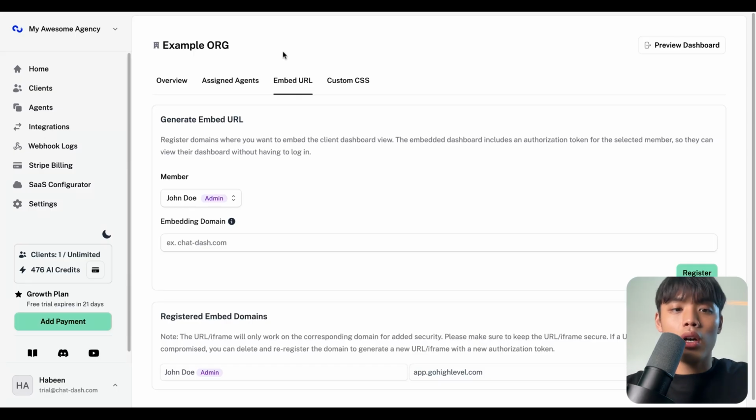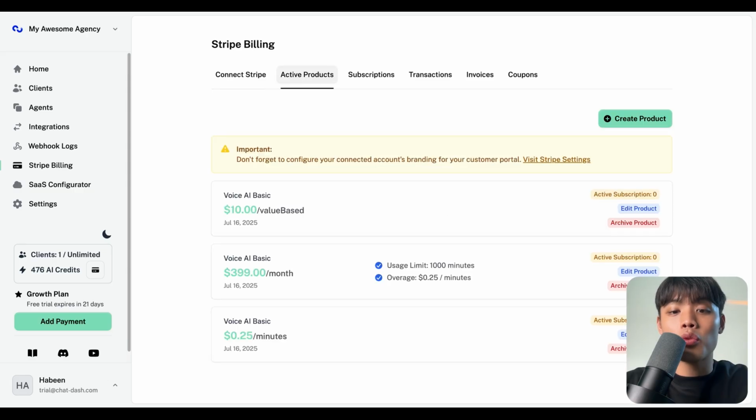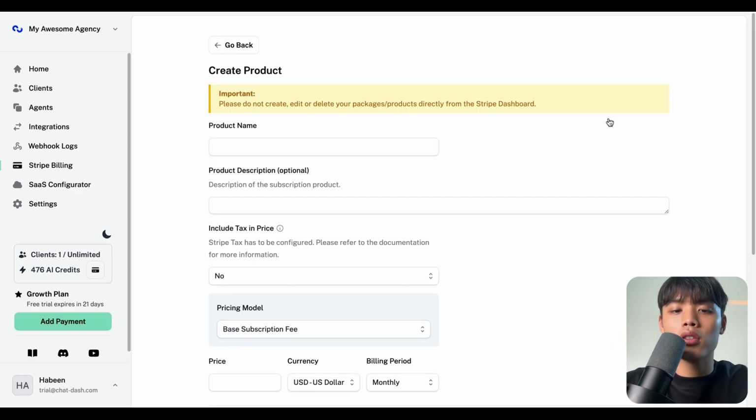But how do we actually automate billing for this client? Let me show you how. So I just came back to the Chatdash dashboard, and I want to go to Stripe billing. So of course you need to connect your Stripe account. Just enter whatever required information there and connect your Stripe. And after that, you want to go to active products, and this is where you can manage your products for your AI agent. And you want to click on create product, and let's just give a product name something like